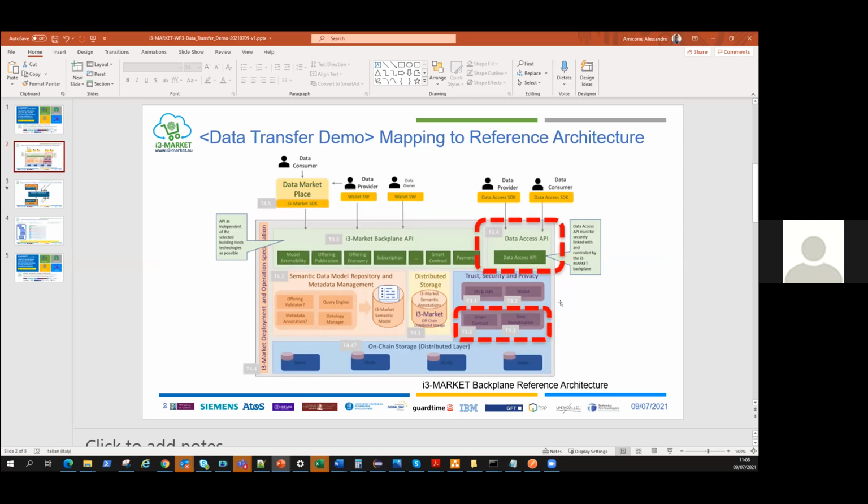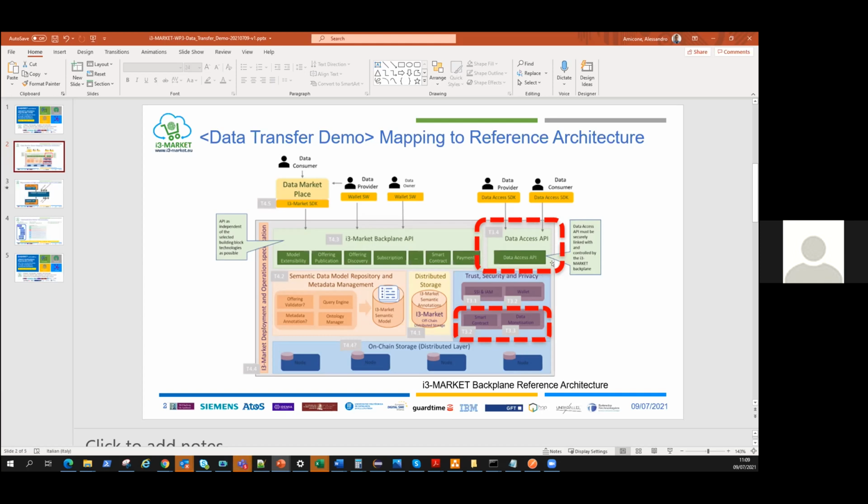And it is integrated with the data monetization subsystem that provides the library for the non-repudiable exchange process to generate the proofs that are exchanged by the data consumer and data provider to make the data transfer